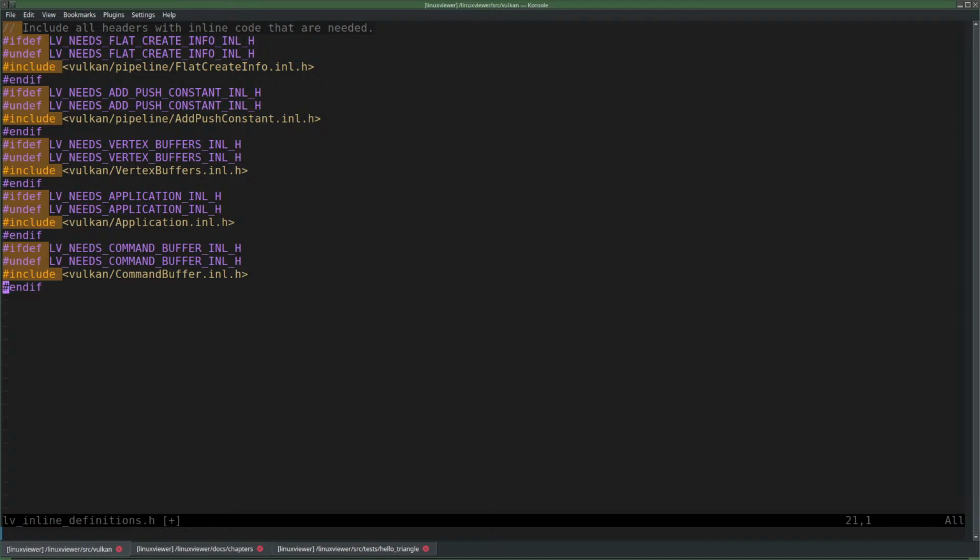You can just imagine that someone wants to include a single dot inline dot h and not the rest. So I have more control. On the other hand, then they could do the undef themselves if they know what they're doing afterwards. I don't know, it kind of feels like I want to do the undef inside the header though. Definitely makes more sense in the sense that once you include it, then you don't want to include it again, right?